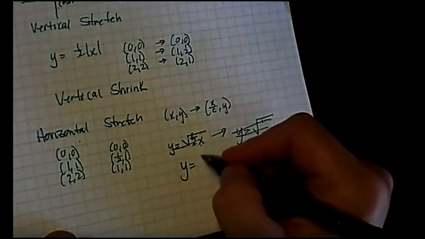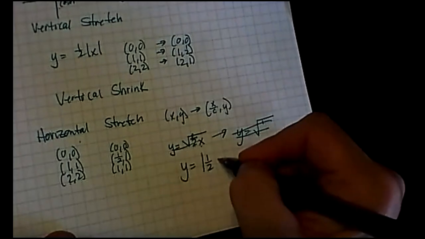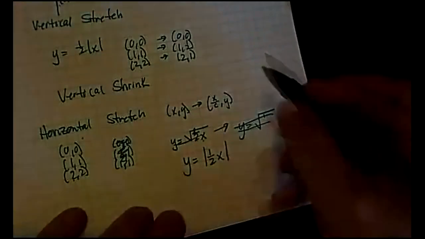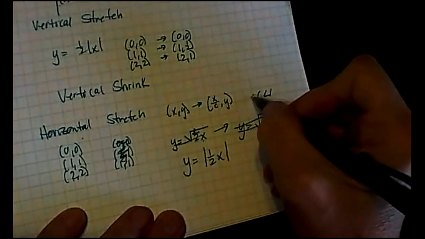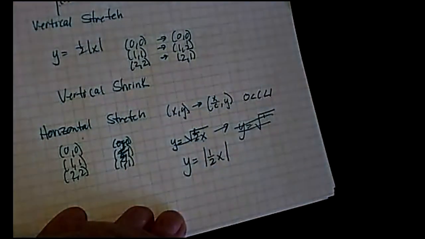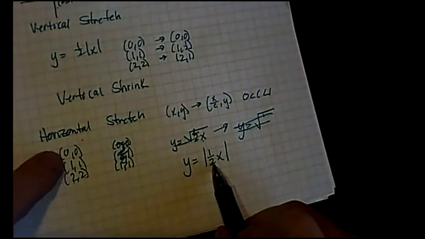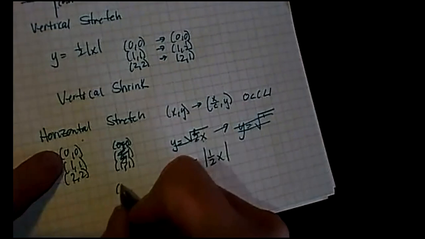All right, so here we are. Let me change these up a little bit because we're talking about a horizontal stretch. I kind of messed you up on that, I'm sorry. A horizontal stretch means that your C has to be between 0 and 1. If it's a stretch, it's between 0 and 1. So if I have a stretch here, I'm again going to divide the x values. So this would still be 0, 0. If I have 1, 1,